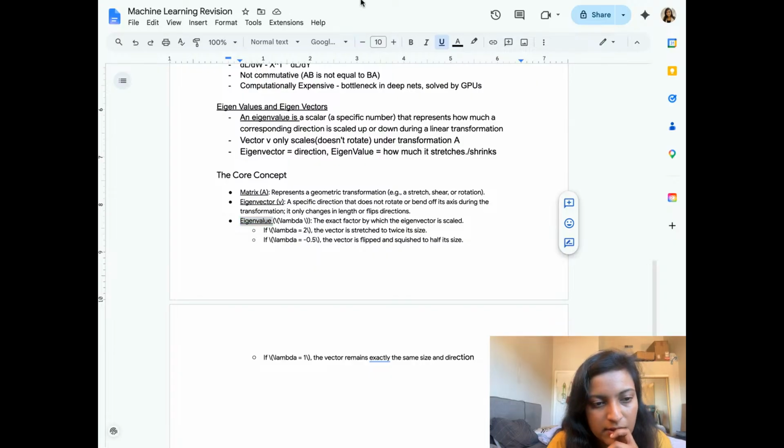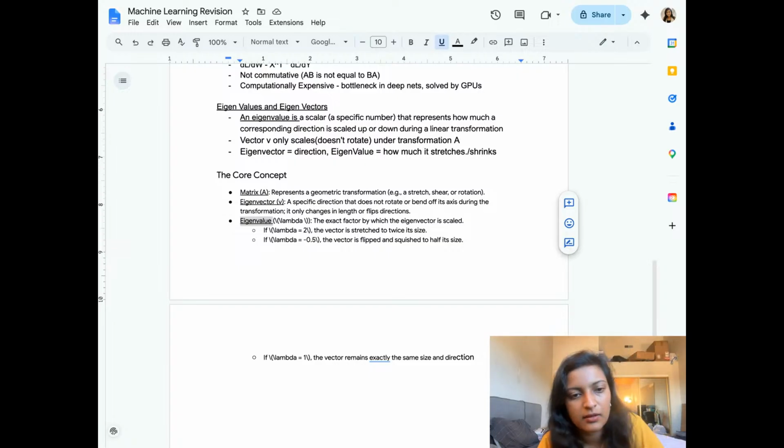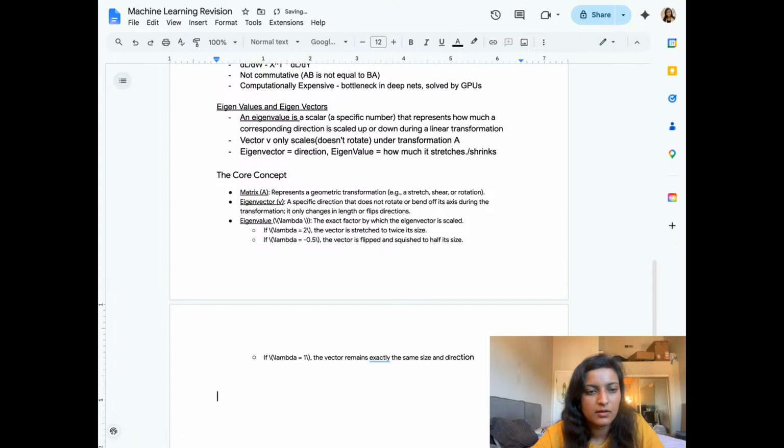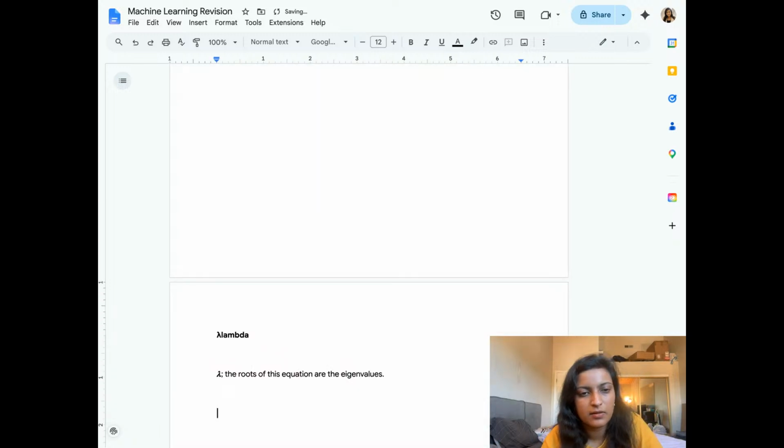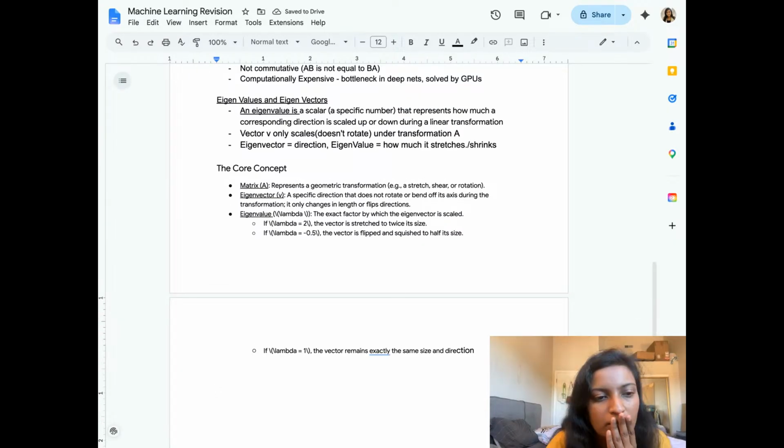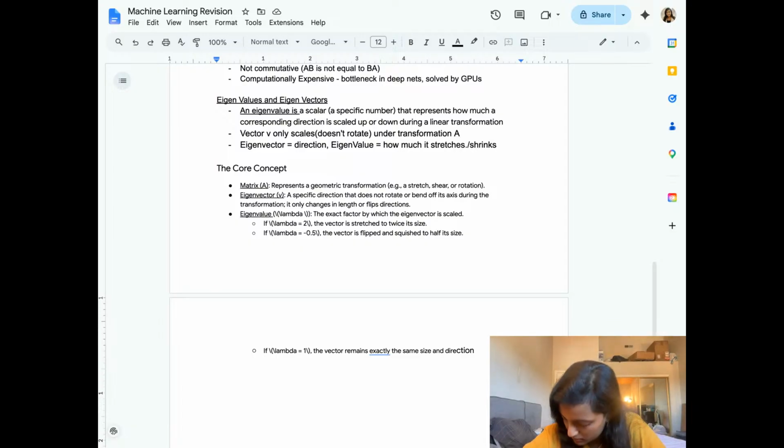So the steps to find eigenvalue of a matrix: we subtract lambda from the main diagonal of the matrix. How to calculate